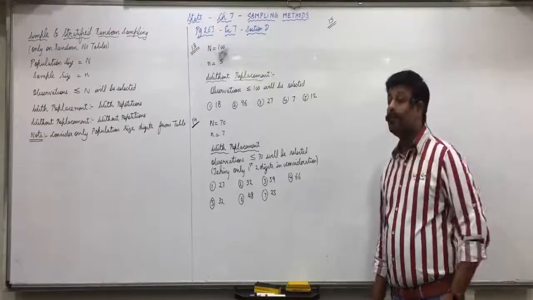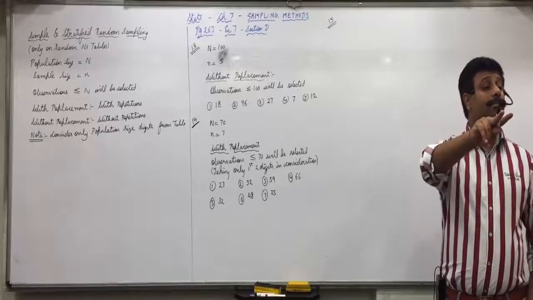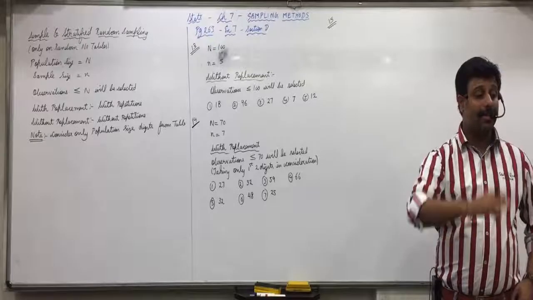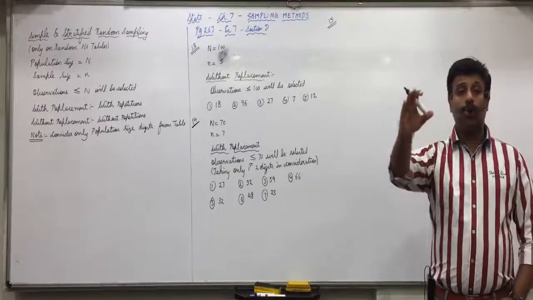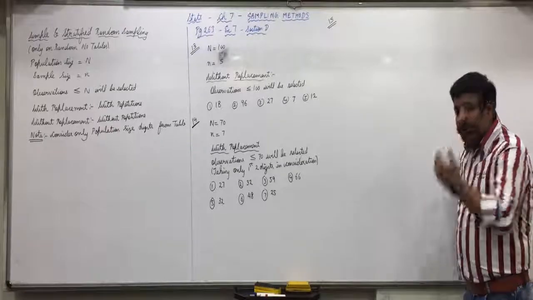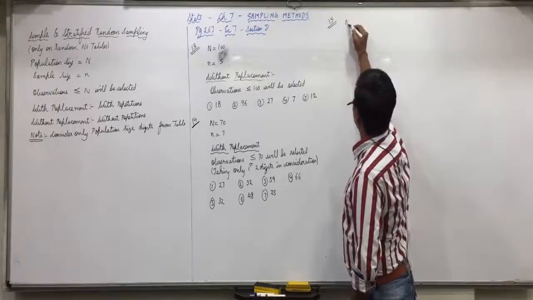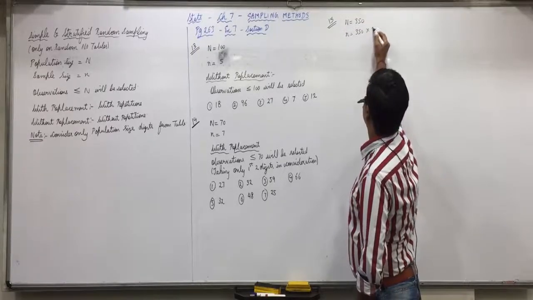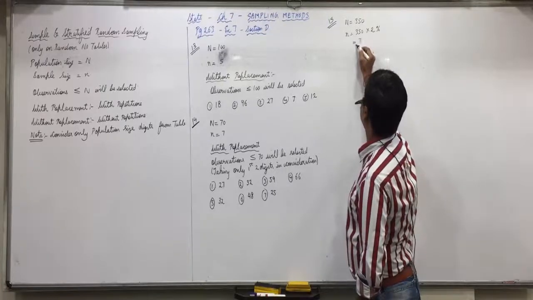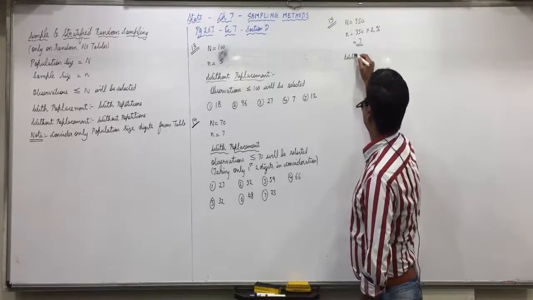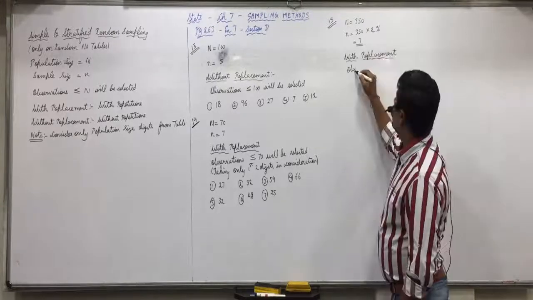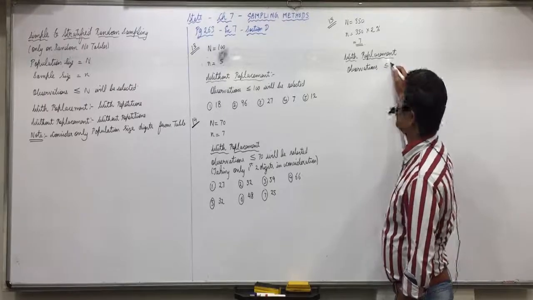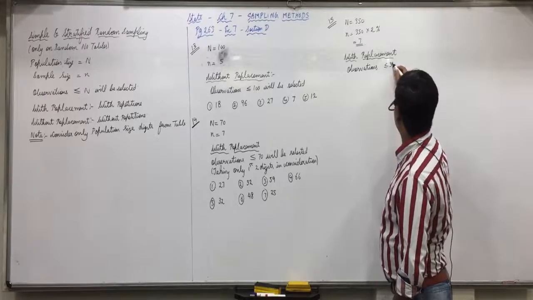Ready? 7. A 2% sample is to be selected. So 350 times 2% is 7. Check it. Understood this, everyone? Write down capital N is 350, small n is 350 times 2%, that is 7. First we do it with replacement. Observations less than or equal to 350 will be selected.